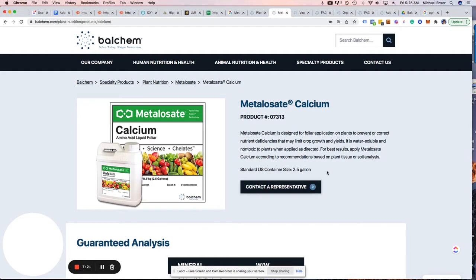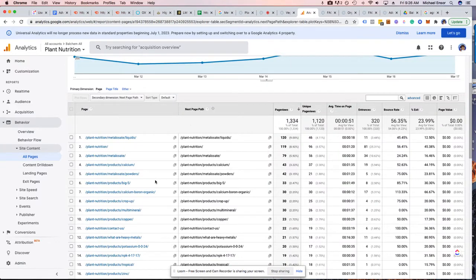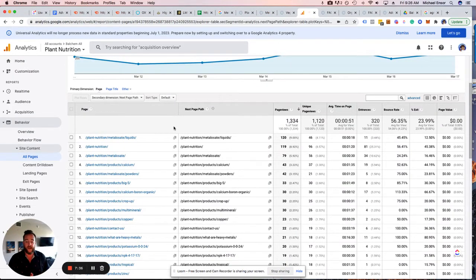So to this point, the one thing I wanted to point out too on this is that people are not taking this route. You can see that statistically in the analytics. I wanted to say, first and foremost, I'm not a plant nutrition scientist. I'm not a scientist in the realm of what Balchem does, but I am a data scientist. And if you look at these stats, you'll see a lot of pages. And what you see is if you try to pop these pages open,